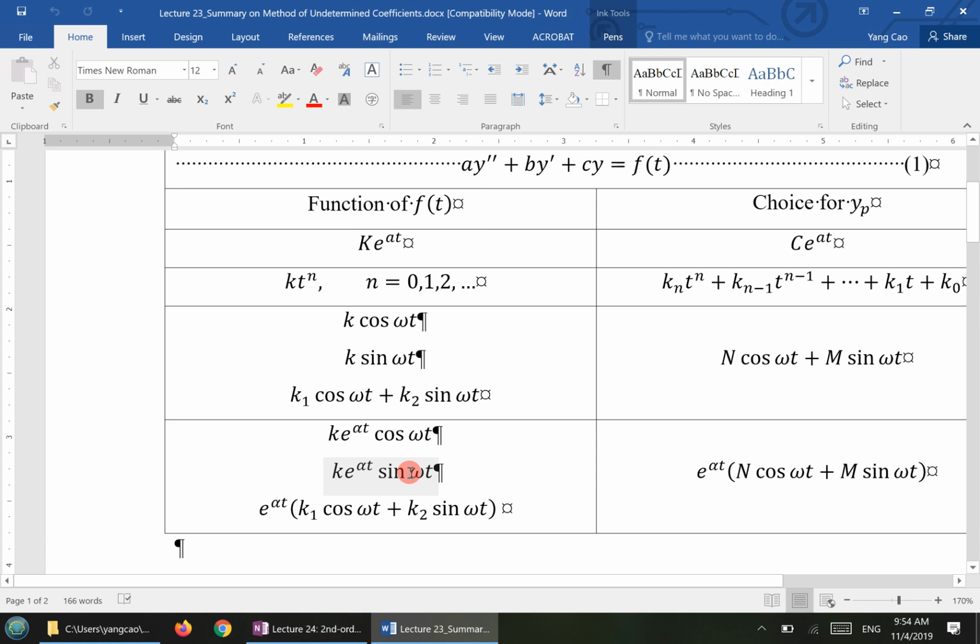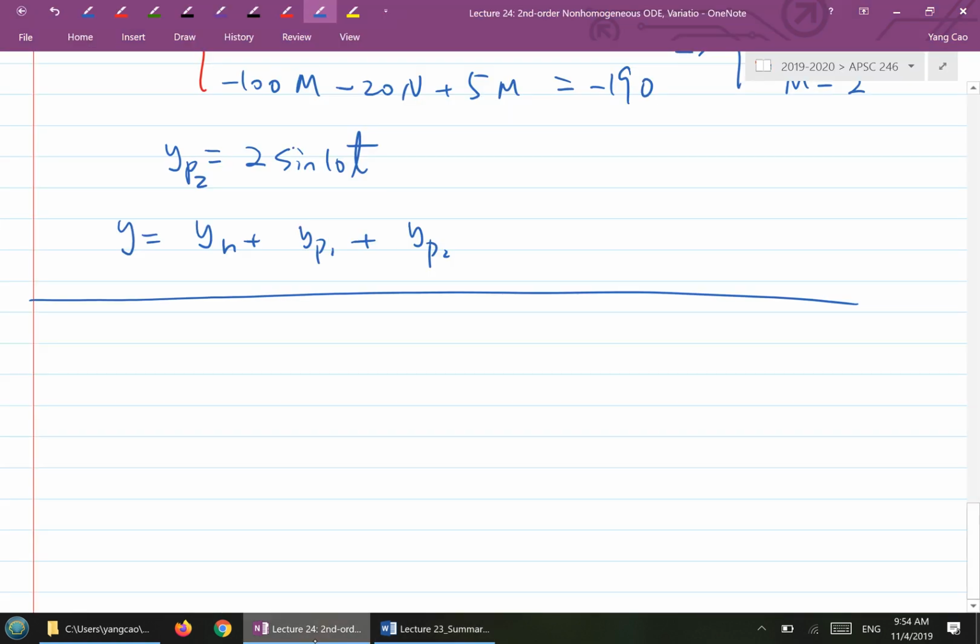You can use this method of undetermined coefficients to solve for the particular solution yp. But what if f of t is not in that format? What if f of t is a really strange function? F of t technically could take any type of format. If that's the case, then you actually cannot use the method of undetermined coefficients anymore. So then we have to use the next approach, which is called variation of